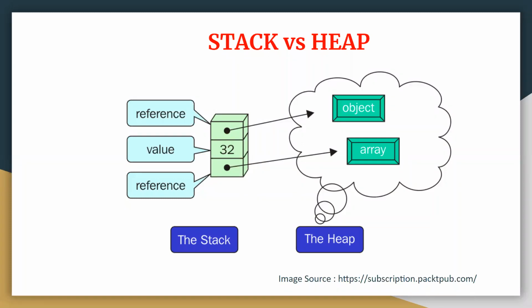However, in case of heap, if I talk about access to the memory, it is slower than your stack. The reason is that here we are using a dynamic allocation technique, and in dynamic allocation, there are many blocks or many unused objects. So you manually have to tell the blocks, or you can say objects, which memory they have to access. So this is something which is done manually rather than automatically. That is why it is slower in nature.